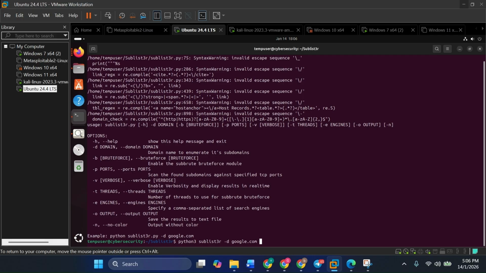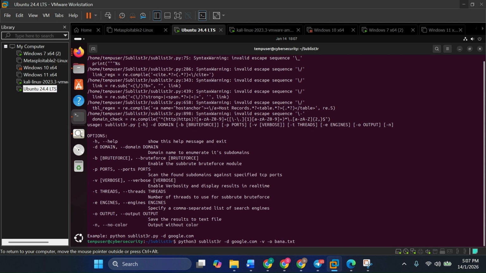And then I give it a dash V. V stands for verbose, which tells Python to progressively show everything it is doing to get me all the subdomains which I asked for. And then I give it the dash O here. I am telling Sublist3r that it should output or send the results to a file so that I can access that file maybe offline. Let's call the file name